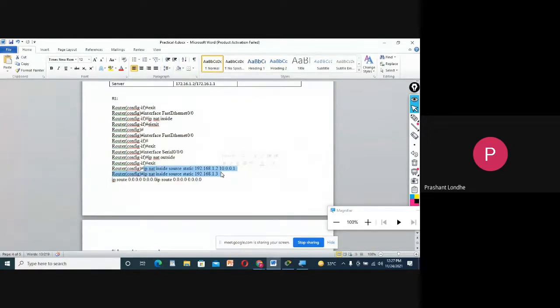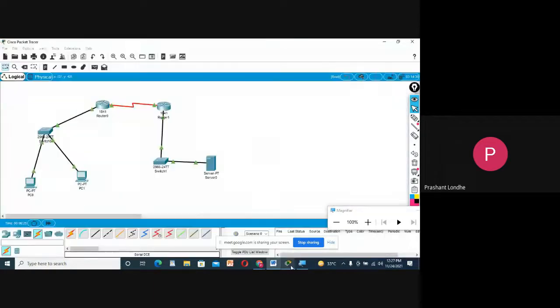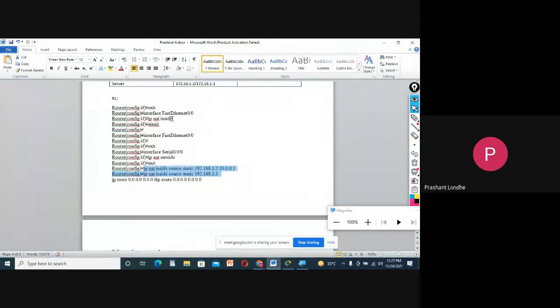So let us start with the NAT configuration. Basically, NAT stands for network address translation. It is a method of mapping one IP address space into another by modifying the network. So you can see we need to set the NAT inside and the NAT outside.